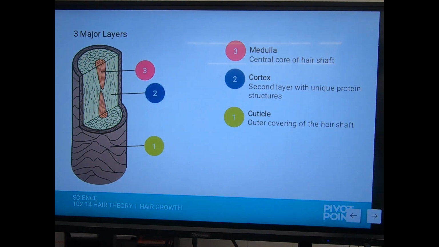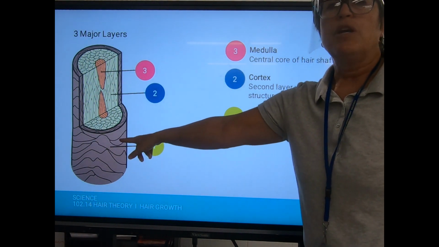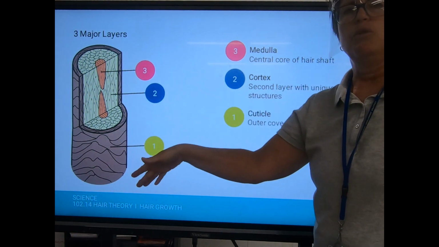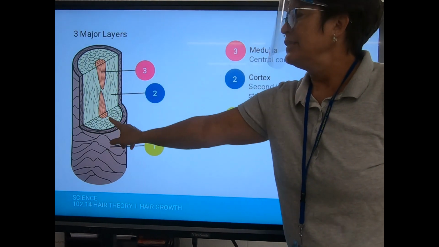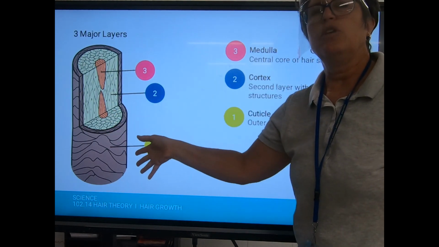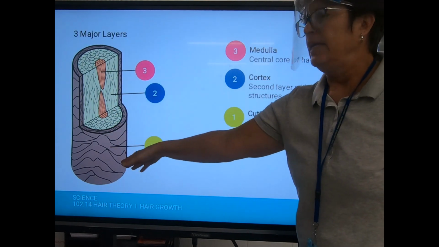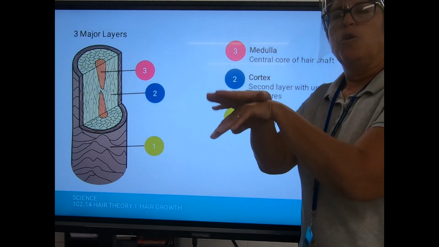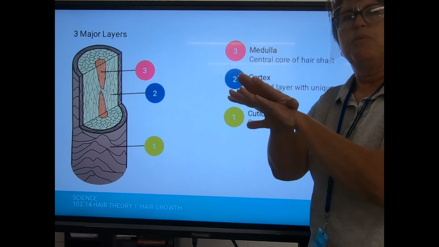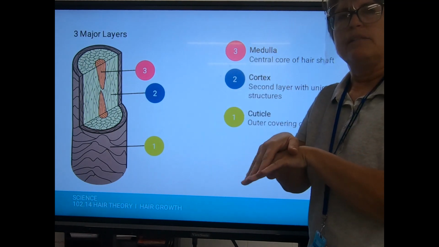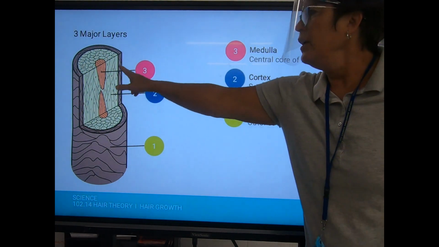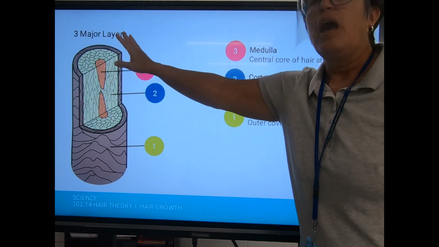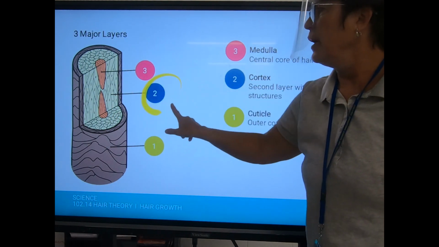Okay, 3 layers of hair, we've talked about this before. The cuticle, this is the outer covering. It's translucent. That means I can see through it. So if I have brown hair, the pigment that makes it brown is in the next layer, the cortex, and I can see through the cuticle and see that I have brown hair. It is there to protect. The scales open and close depending on chemicals that I put on it, and that is what allows us to get chemical treatments done. Cortex is where everything happens. Okay, this is where the pigment is, the elasticity, I mean everything. This is the main deal right here, is number 2.